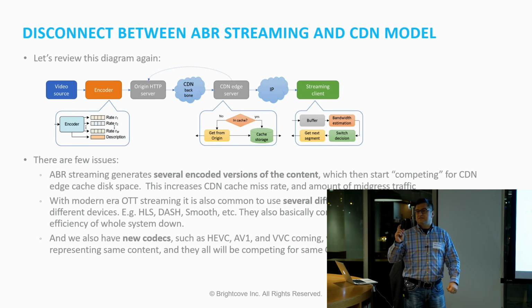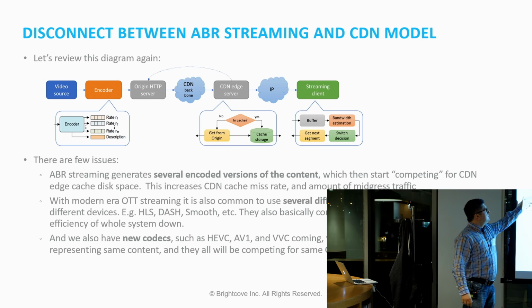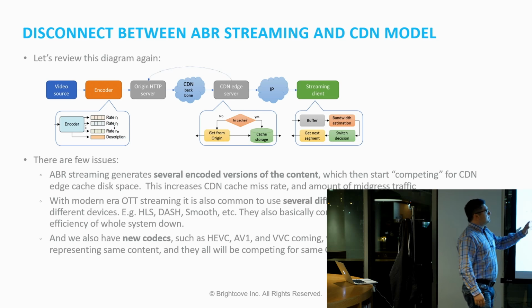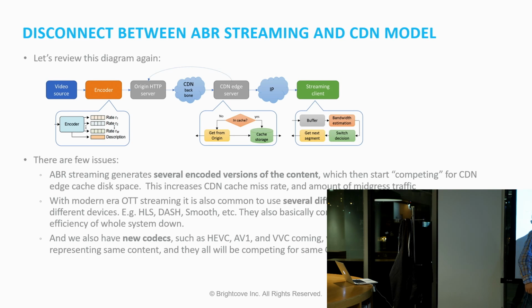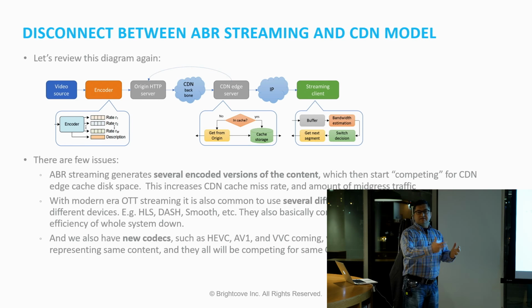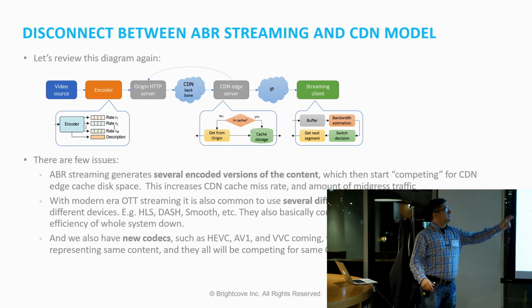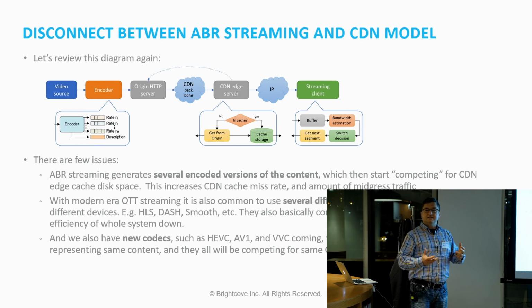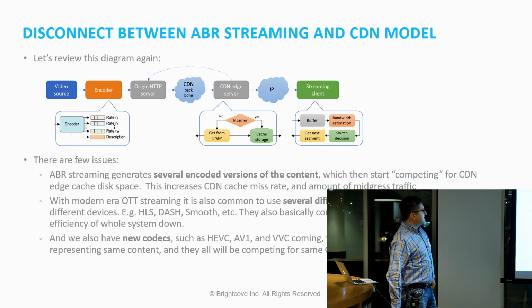But we are not sending a single stream. We're actually sending a whole bunch of them. Why? Because different clients, different devices will have different constraints. Some will be able to pull 1080p, somebody will be stuck at 360p, some will be stuck at 720p. And they will all be competing for the same cache storage at the edge of the CDN for this content to be present there to get it fast. If it's not there, it will go all the way back to the origin. So that's where I see the disconnect between the original concept and what is happening with CDNs.